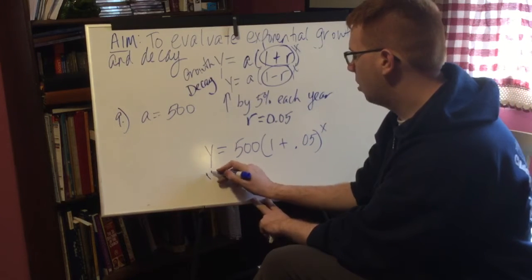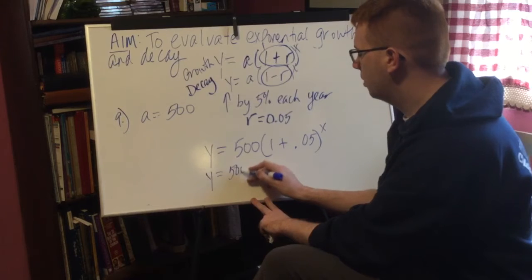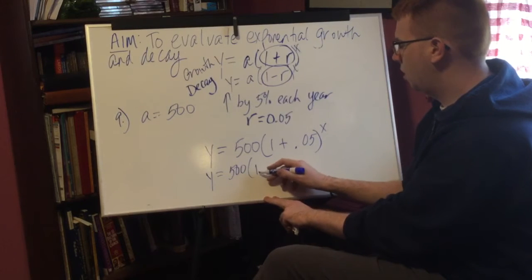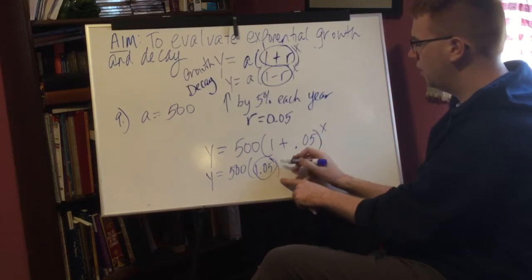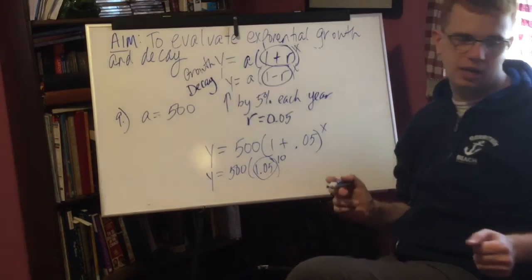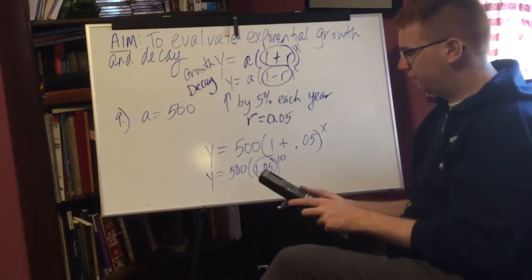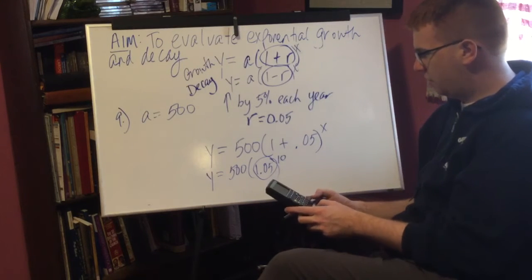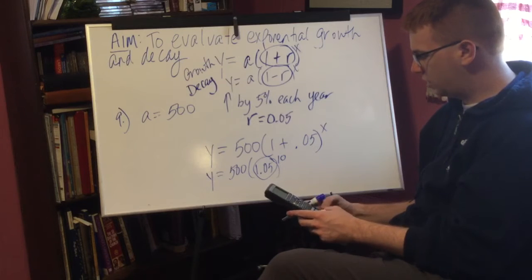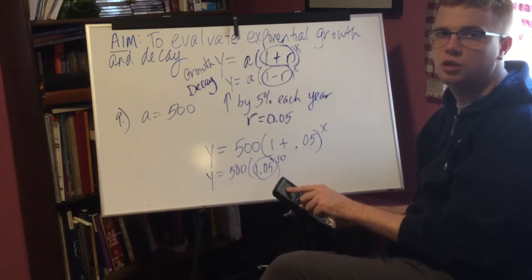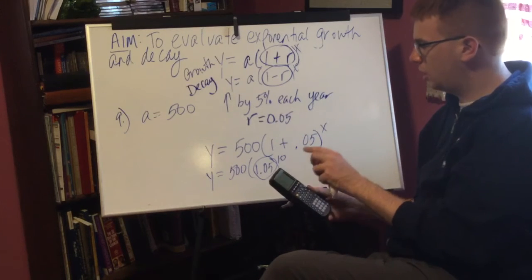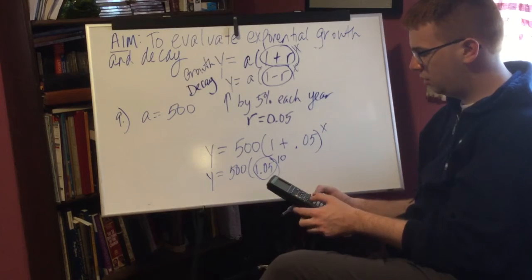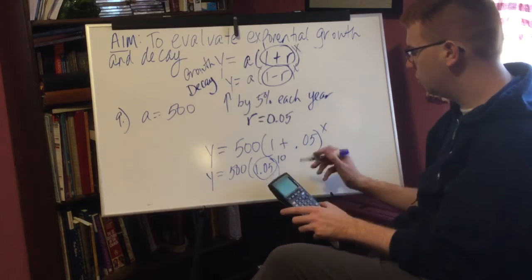So Y is going to be equal to 500 times 1.05. I can combine all this together to be 1.05. Raise that to the 10th power because it's 10 years. Use your calculator. 500, open parentheses, 1.05. That includes the initial 1, which represents 100% to start with. And then we're adding 5% on, so it's 1.05 as a decimal. Close parentheses, raise it to the 10th power. This is equal to